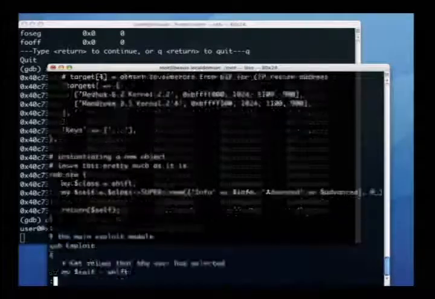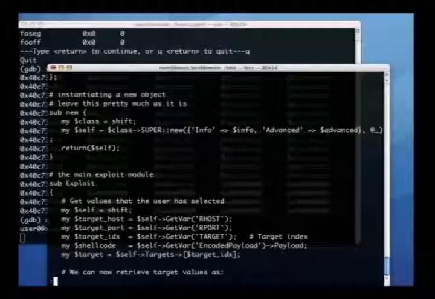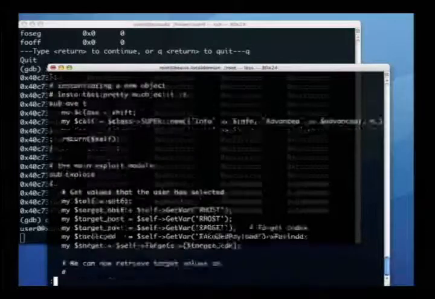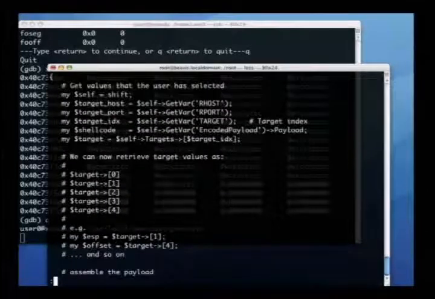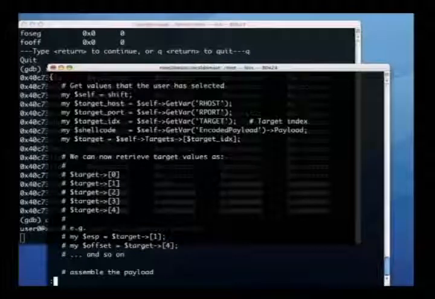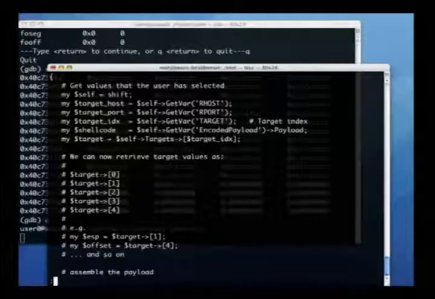And here the constructor is pretty simple. It's almost always going to be this. You just create a new self object and return it to the framework. And lastly, you have your exploit method, in which you pull off these variables from the target array that the user will populate.